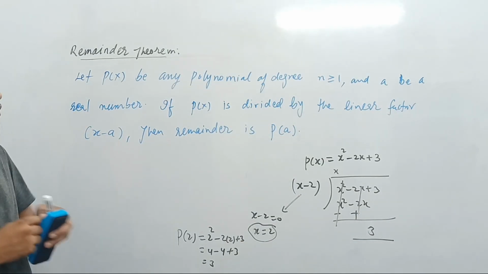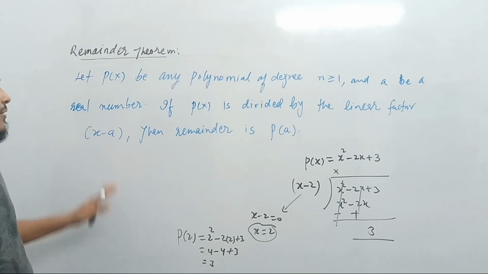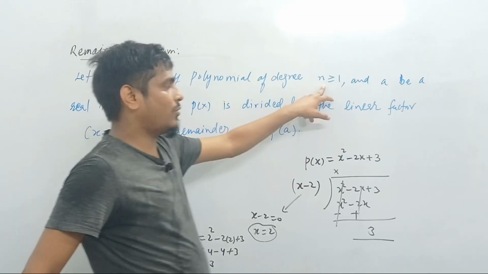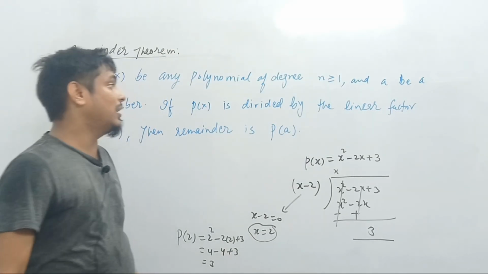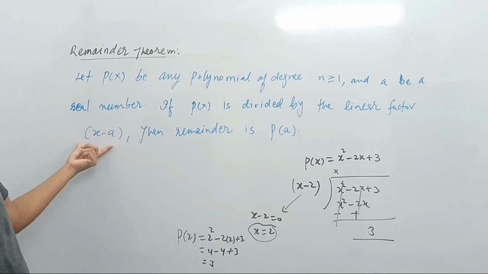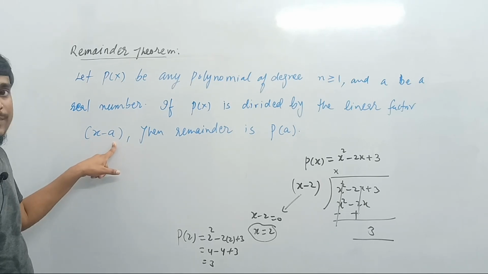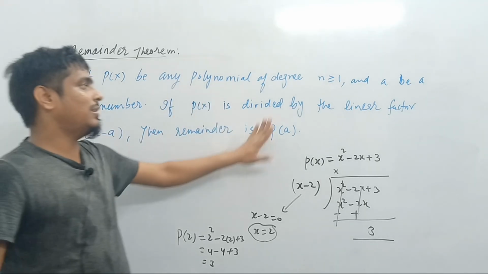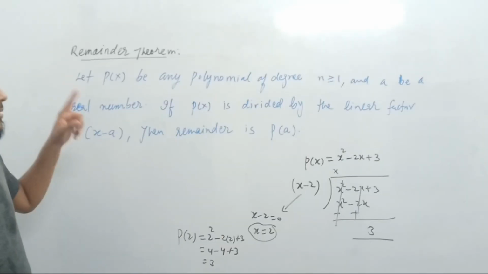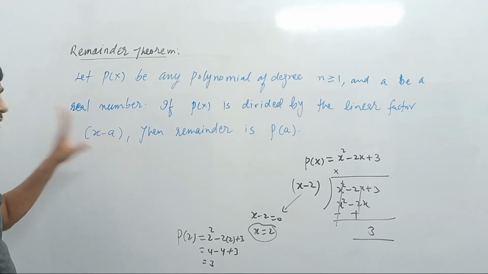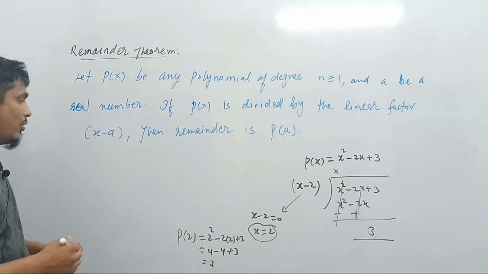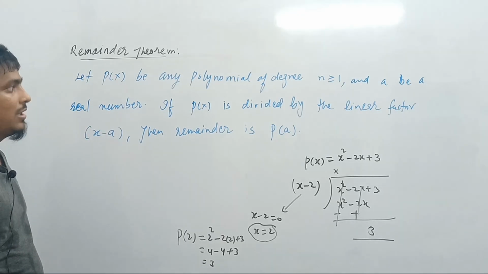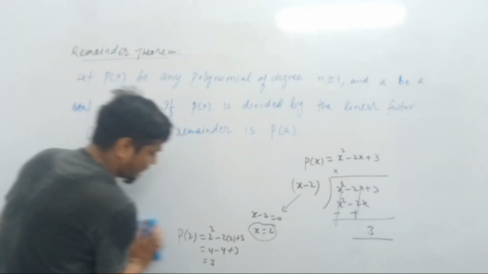Right. So this remainder theorem suggests that whenever we are dividing a polynomial of any degree which is either 1 or bigger than 1, then in that case, by a linear factor of the format x minus a, the remainder is p of a, where a is nothing but any real number. So let's see the proof, and then we'll solve a couple of questions based on this theorem. So first of all,